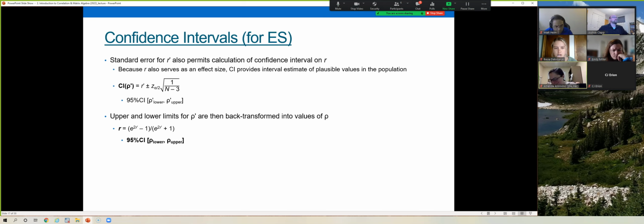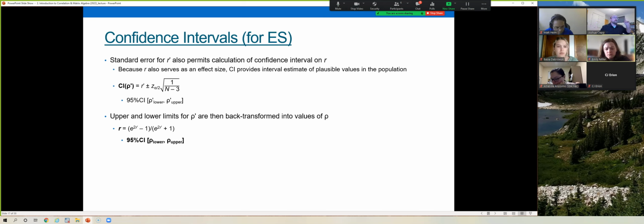What's the Z value for a two-tailed test for alpha equal 0.05? Does anybody remember? Yeah, 1.96, right? So if I wanted to create a 95% confidence bound, I would take R prime plus or minus 1.96 times the square root of 1 over n minus 3. Okay, so it's the same process we've had. We've got our point estimate plus or minus a critical value times the standard error estimate,